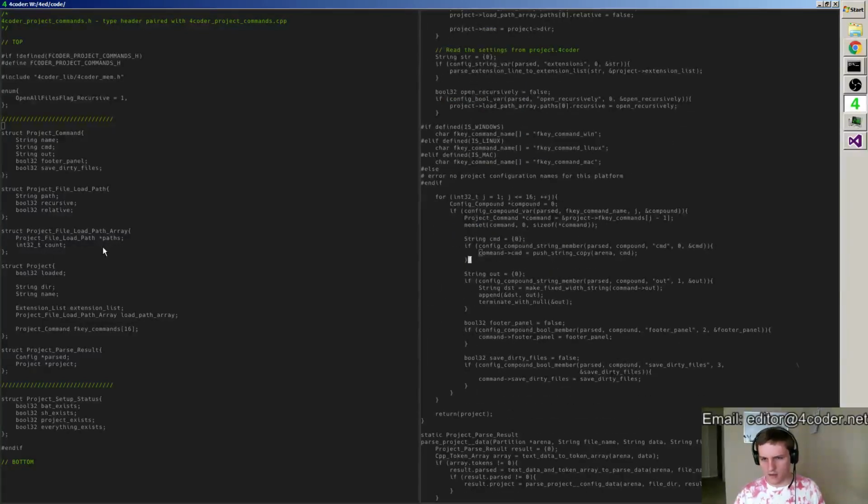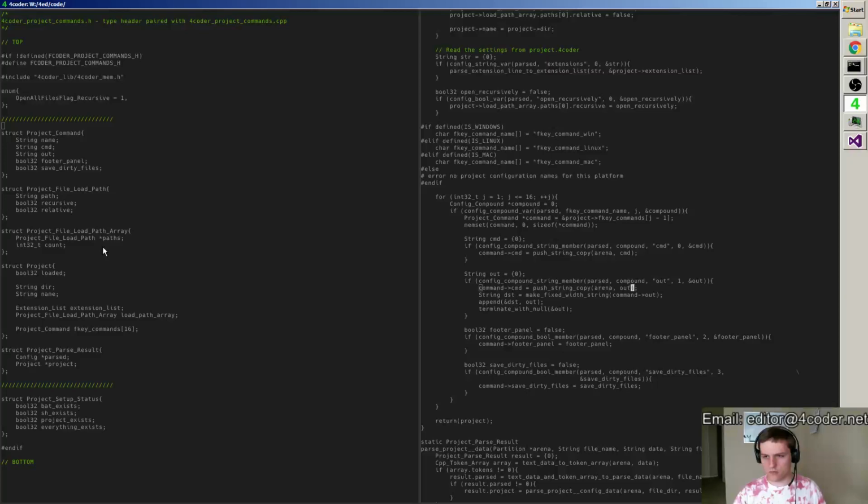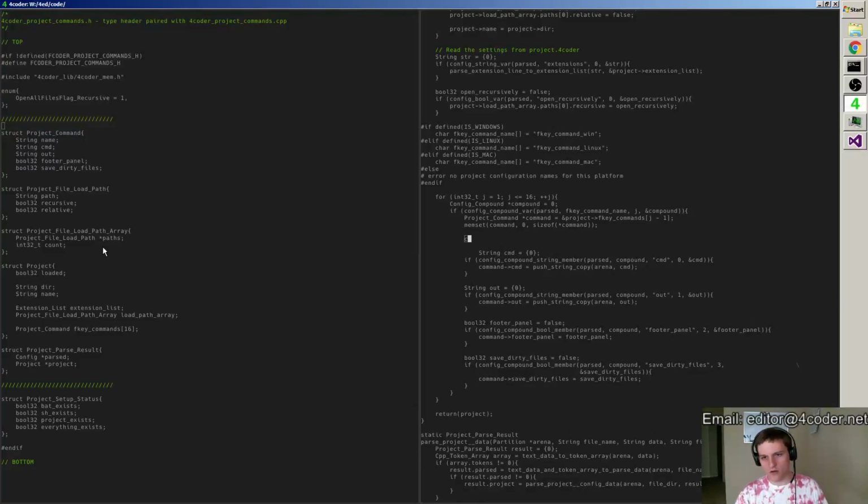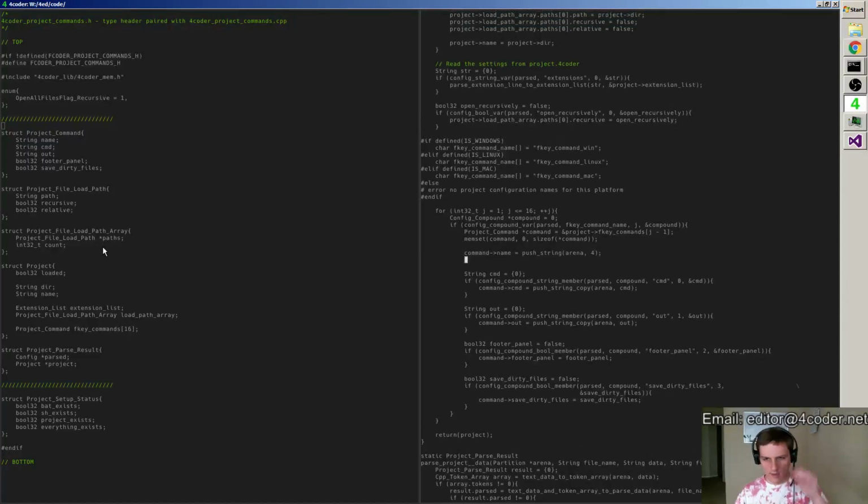Okay. And the same thing will happen down here. So now we just push a copy of the string we extracted, like so. Command out. Oh, we're not extracting name, but that's because this is right. So we do actually want to set their names, so we're going to do that. Name equals push string arena. Give us, I don't know, at least 3 bytes, 4 bytes, and